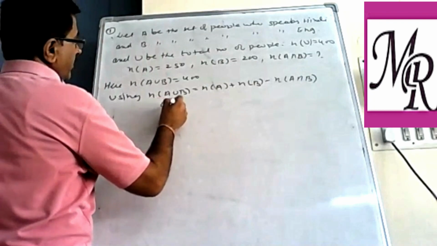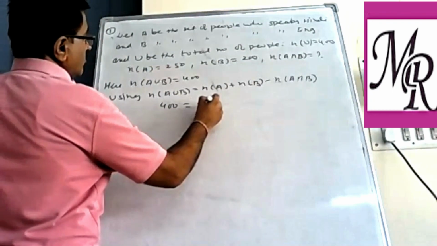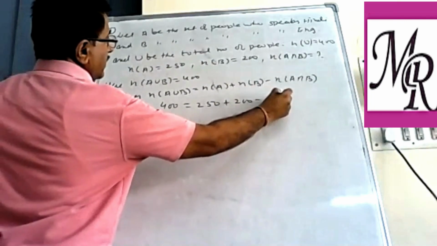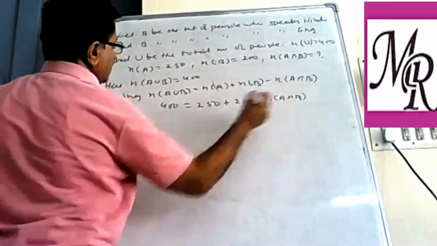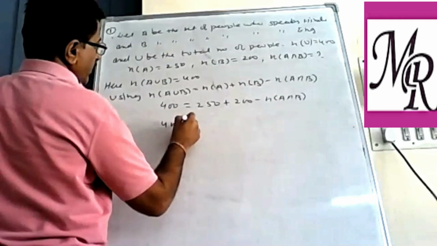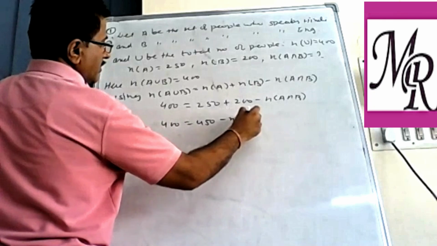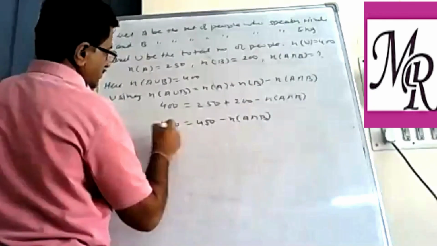So this is 400, 250, 200 minus NA intersection B. So 400, 450, A intersection B. So simplify